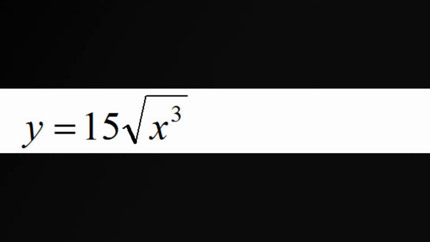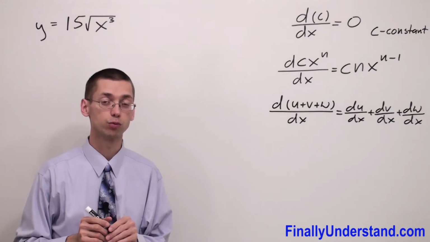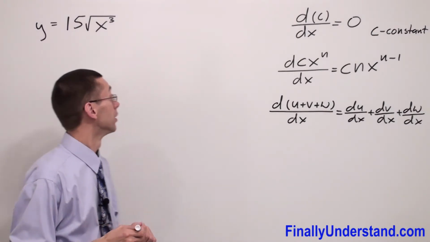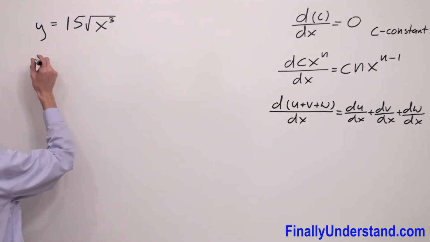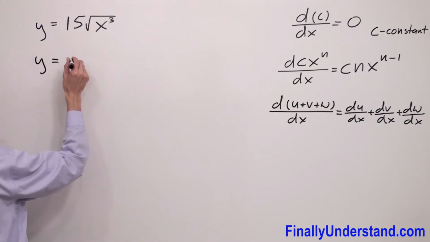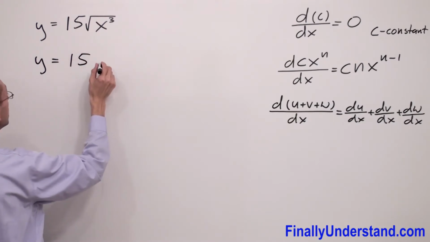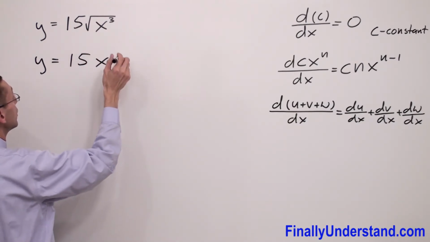Let's take a look at this example. The very first thing which we're supposed to do in this case, we're supposed to convert the radical form to exponent form. Okay, so I have y is equal 15x to power